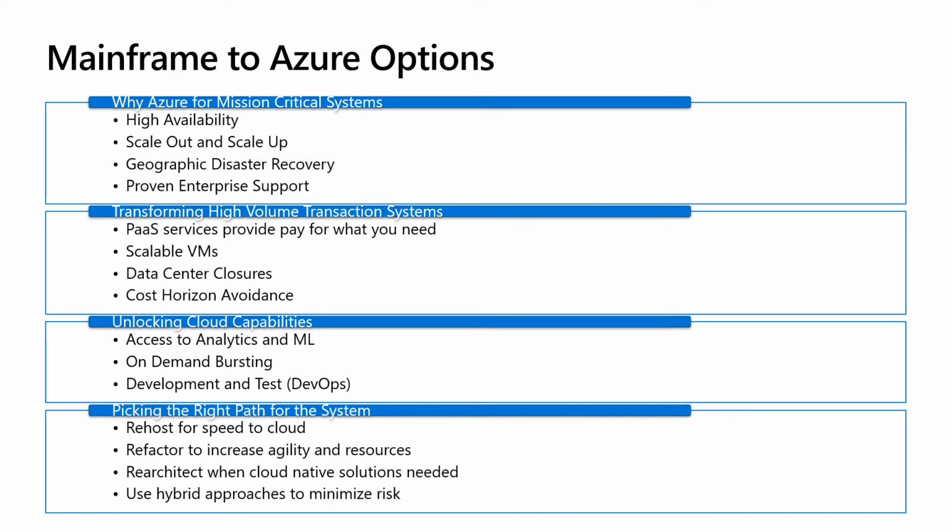And one of the other things that we look at is the ability to both scale out and scale up. Typically, the cloud system will want to scale out as its normal kind of capability, but some of the mainframe applications, without doing a large re-architecture, do need scale-up capabilities. That means you have to have very large VMs that are available, and you have to have the network and storage systems available to support those. So that's all available in Azure too.